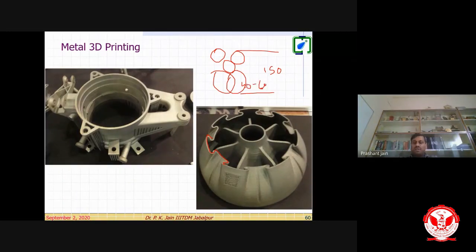So if we reduce the powder size, we can reduce the layer thickness, right? But reducing the powder size is also not possible. You see, this is the metal powder part. For polymer material, having powder available at less than 50 micron is difficult. In the metal case, people use around 20 micron size particles, right? So pulverization is a very tough task to have steel of 20 micron size.